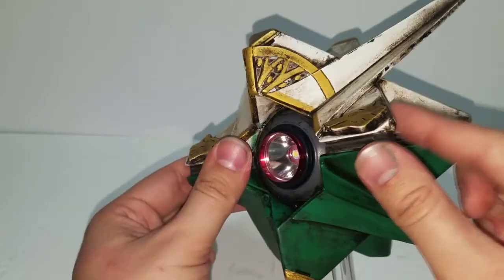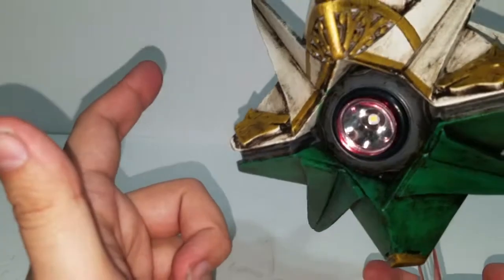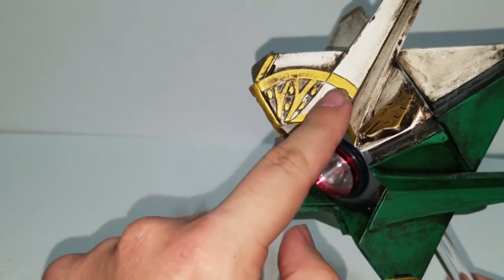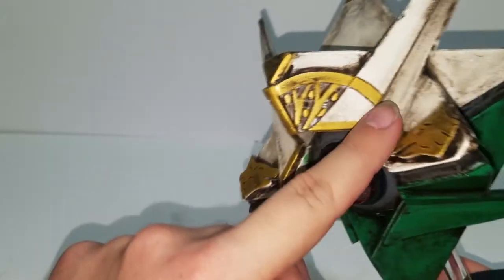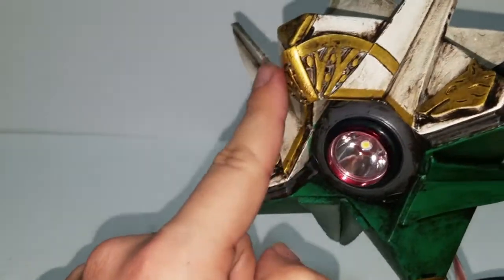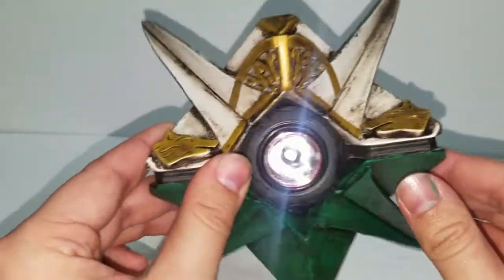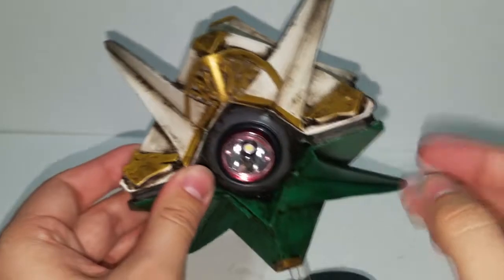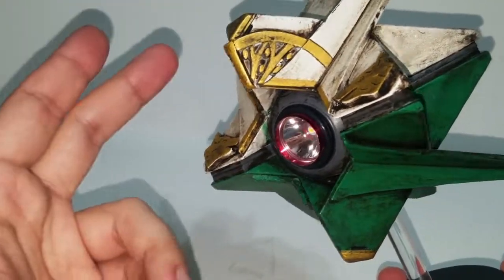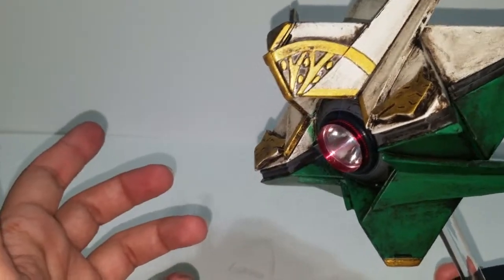On the Iron Wolf shell, of course, we have the Iron Tree design, and painting it on wouldn't look good because you have this change in elevation from here to here. If I painted this on here and continued it, I just didn't think it would look all that good. So I was debating, what do I do? Well, I decided to go ahead and use more leftover plastic, and I basically carved out the Iron Tree